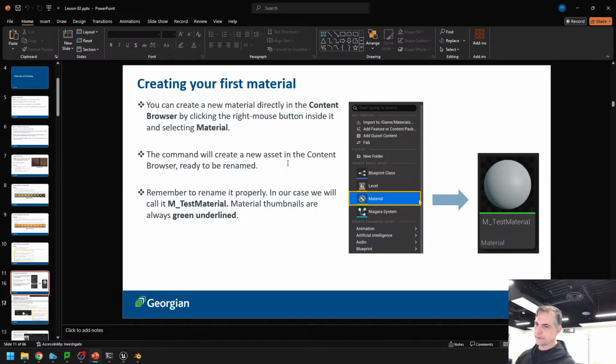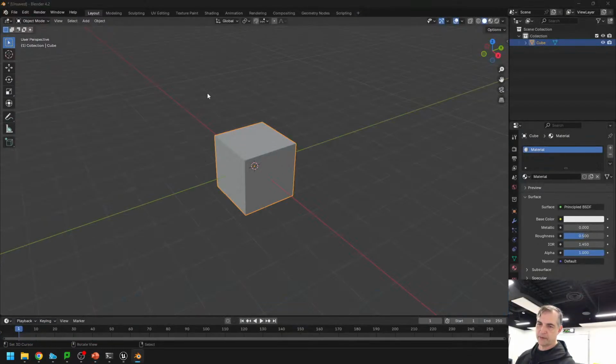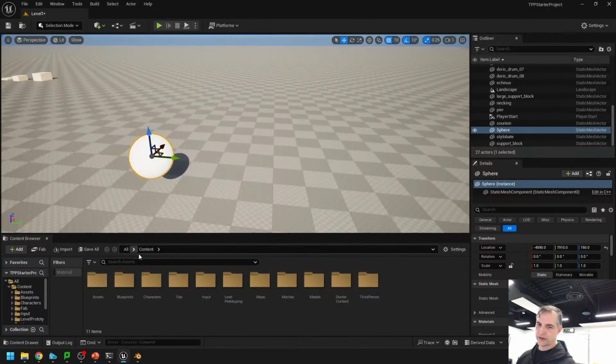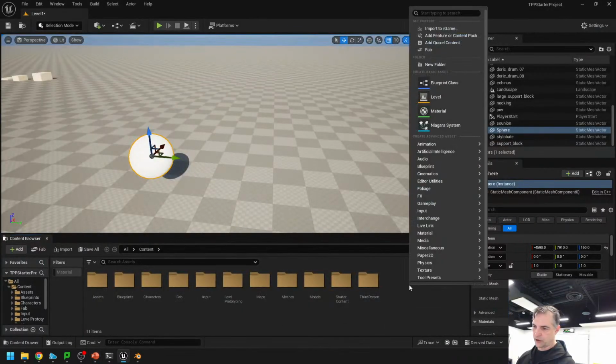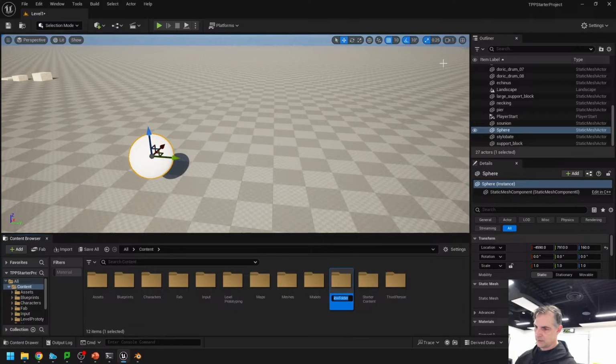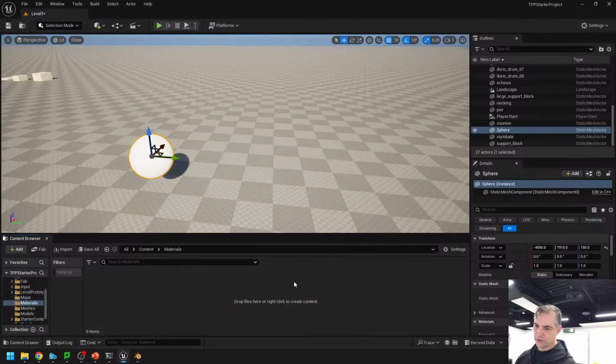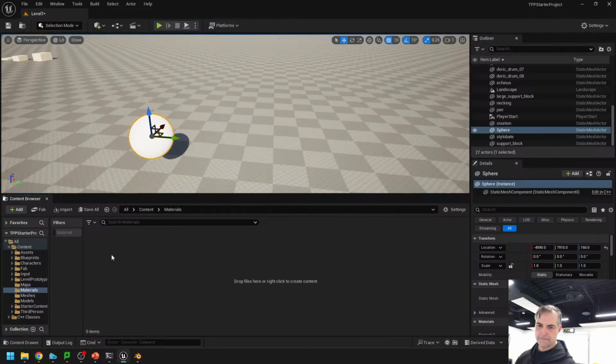Let's make our material. So what I want to do first is make a brand new material here in Unreal Engine. Let's do it together, guys. So I'm going to make a new folder called Materials. And I'm going to go inside my Materials folder. And what I want to do with it is I want to make